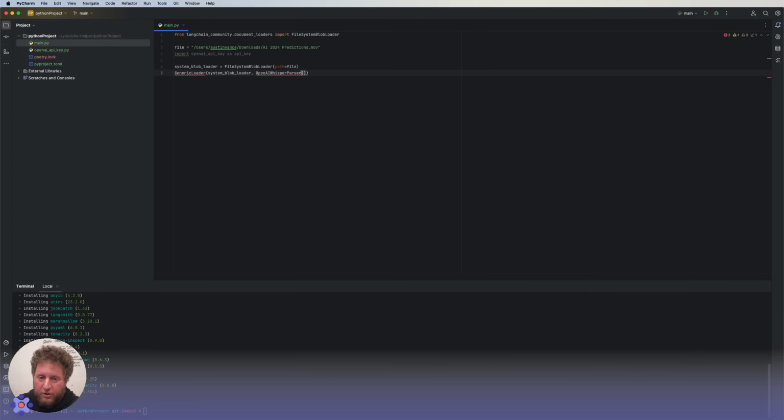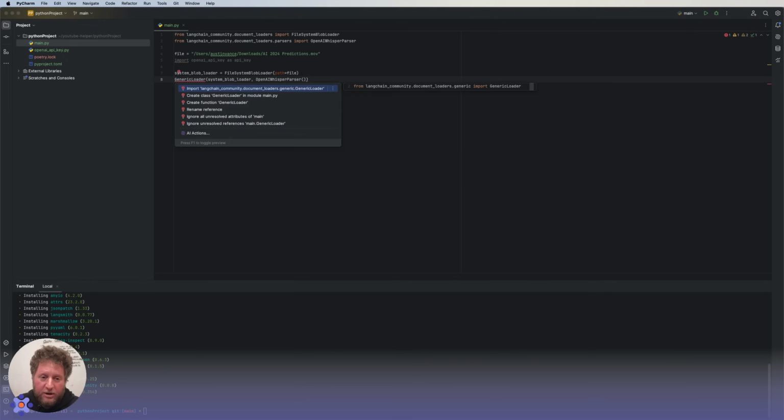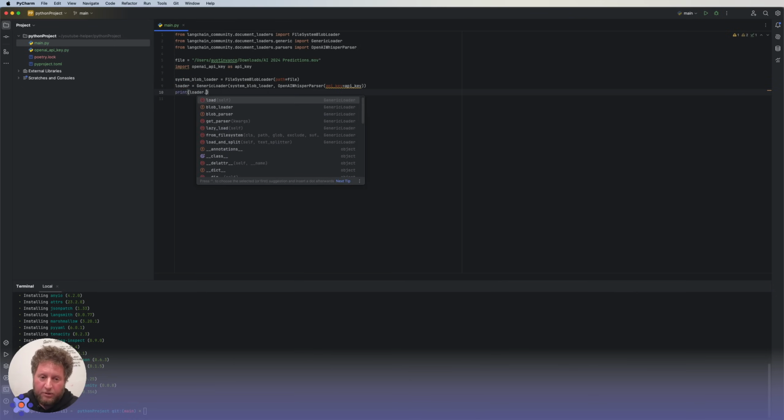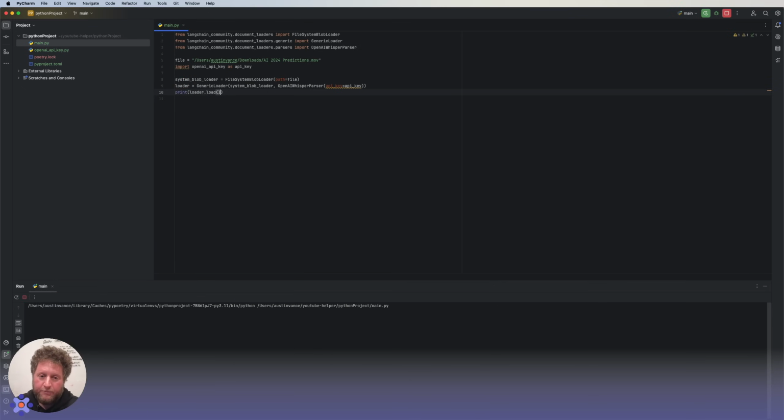The OpenAI Whisper parser is another thing that comes from LangChain. Those two things together return a loader that we can then use to load this blob through Whisper and get our documents. I do need to pass in an API key, so let's do that. And actually the cool thing is we can already look at what's happening. If I just print out my loader.load, we should see, and it might take a second because this is not a tiny file.